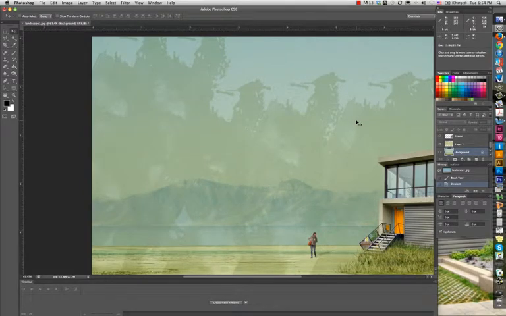Okay, the last thing that we're going to cover in this tutorial is actions, which are basically little mini programs that you can run within Photoshop. So Photoshop has a series of pre-made actions in here, and let's run one of them just so that you can see what they do. So if I choose this wood frame action and hit play,